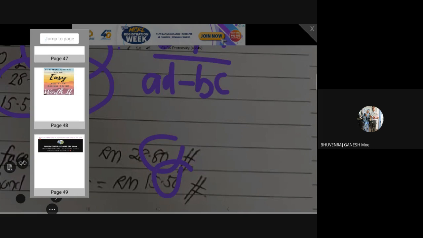Cuba buka mic. Akan jadi lebih senang untuk kamu. If you open your mic, it's easier. No, not you. Not you. Wait. Before